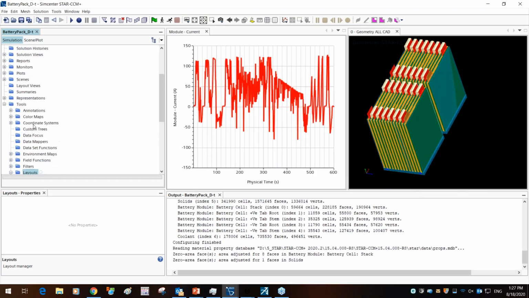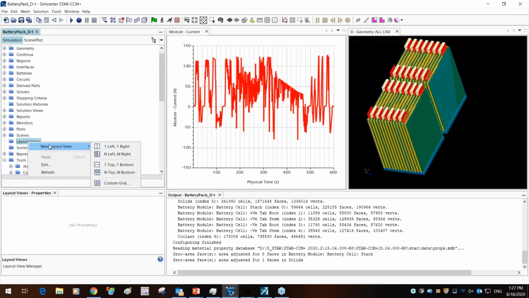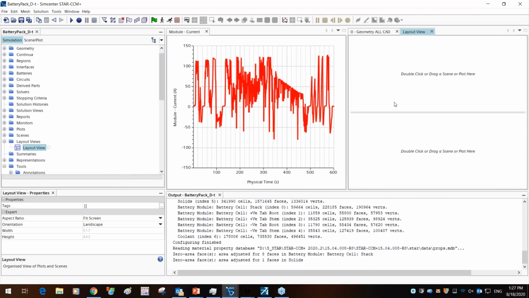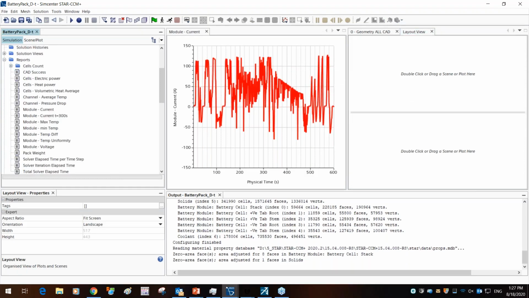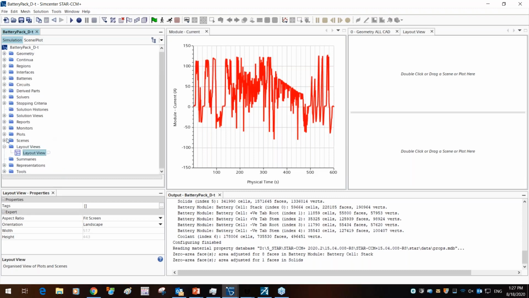You can create a new layout view by separating windows of different features. So let's say I want to create top to bottom. Just to give you a quick example, I'm creating this layout view, and in this layout view, I want to put some scenes essentially.